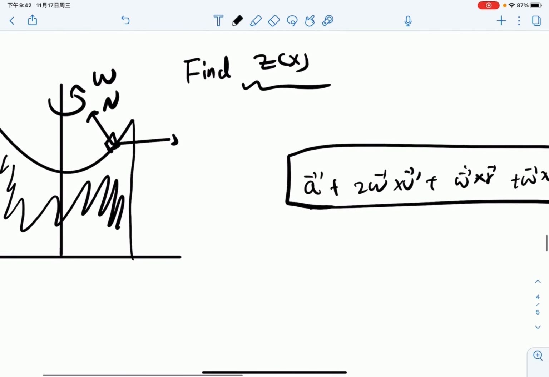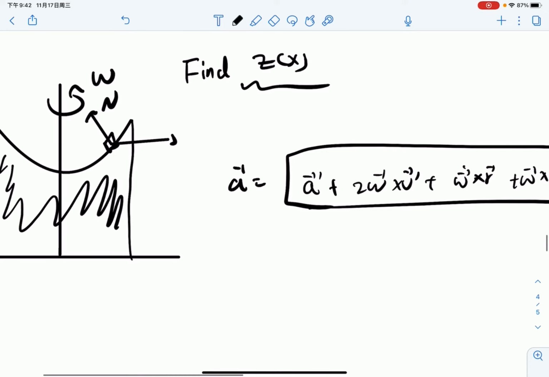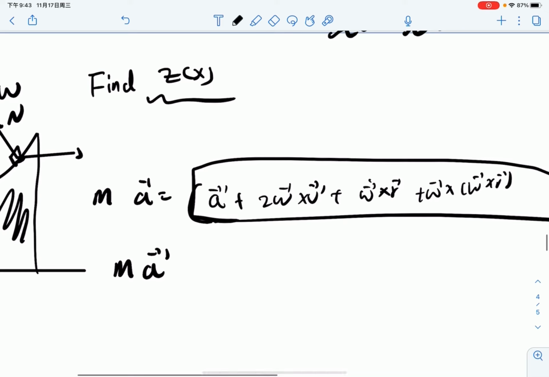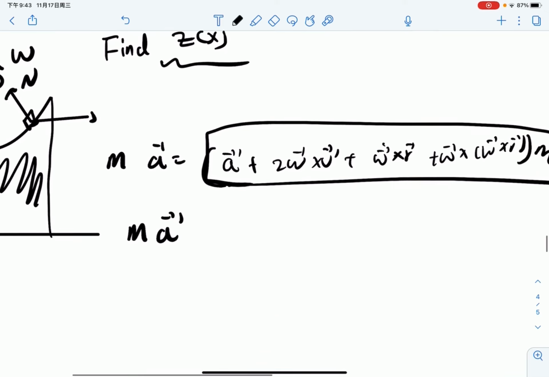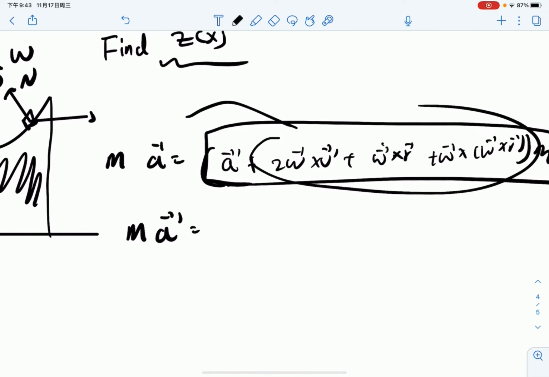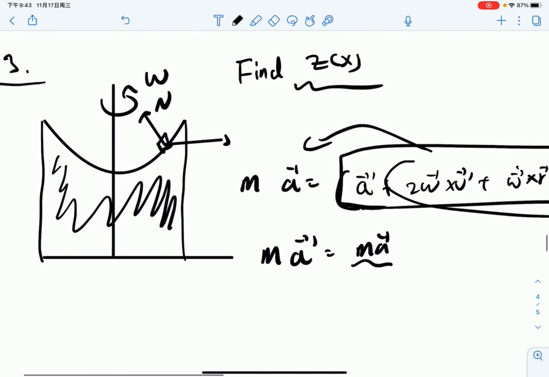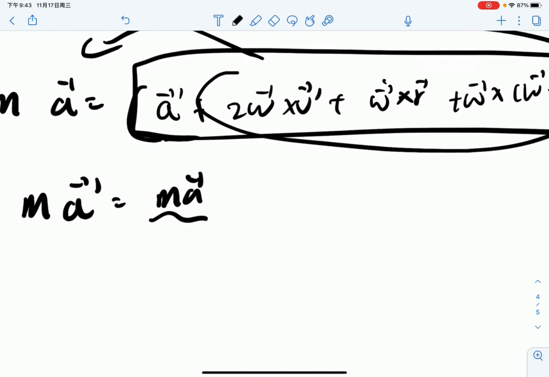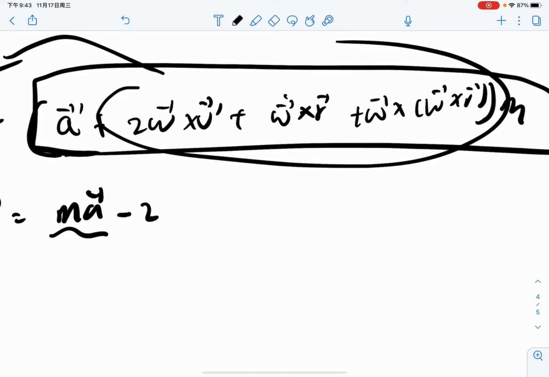So A is equal to this. And now we know that if we times m by both sides and move these terms to that side, we can get ma, which is the total force experienced in the frame of the ground, and there's minus 2mw times relative velocity, and we know relative velocity in this case